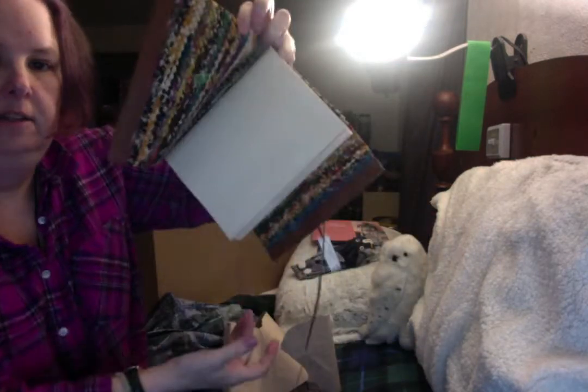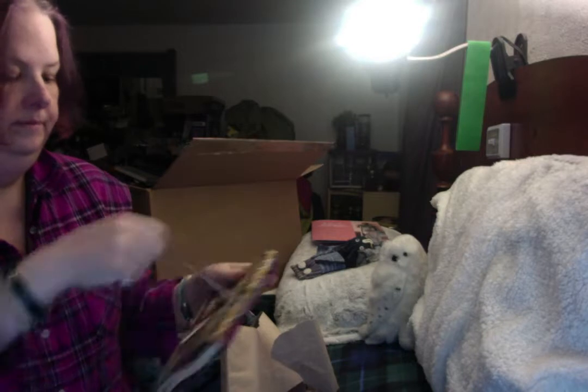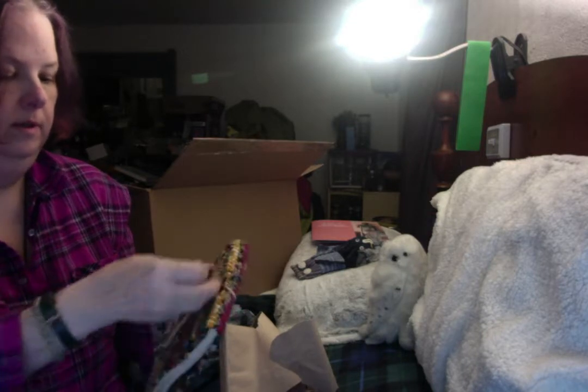It is attached to the binding. You can see the inside is more of the material edged in leather. I think this is beautiful. Personally, I think this would make a really nice gift. If you know anybody who...